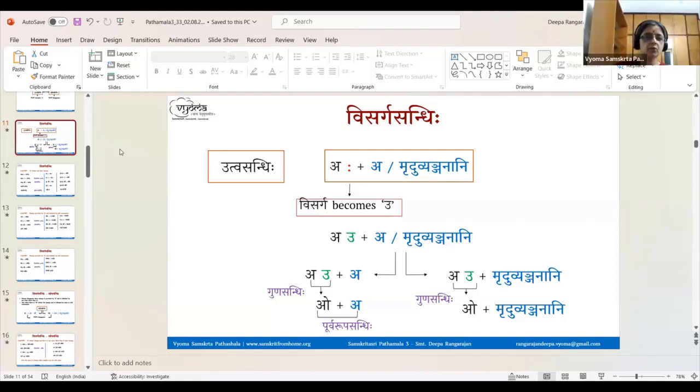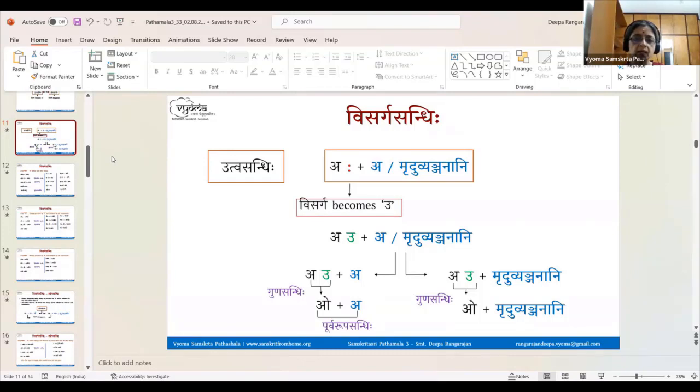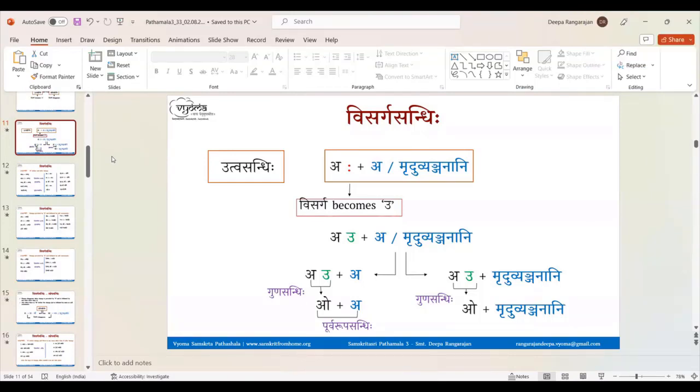So, E, U is included in the conditions for Guna Sandhi. Do you agree? Akara should be the letter before. Akara or Akara should precede. E, U, R or L should follow. Isn't it? So here Akara precedes, Ukara follows. So Akara and Ukara become Okara. So the Gunasandhi happens only based on the hrasva a before the visarga, not in the next padam.